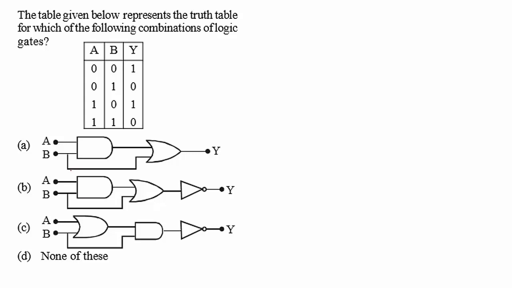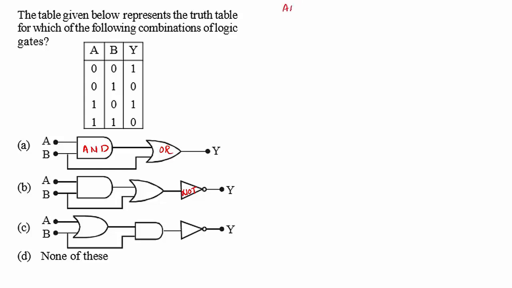Now I am going with the first option. See here, this symbol indicates AND gate. This symbol indicates OR gate. And this symbol indicates NOT gate. AND gate is just like a multiplication. AND means we have to include both the values. OR means we have to take any one value. NOT is just like an inverse. If it is plus, we take minus; minus will be plus. So first, I will show you the truth table of AND, OR and NOT. Then it is easy to find the proper answer.